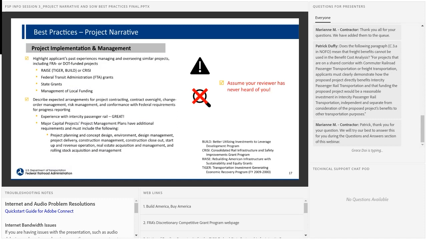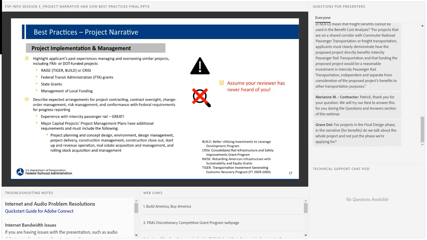Okay. Now regarding project implementation and management, this is where we'd like to see you highlight your past experiences managing and overseeing similar projects, including FRA or DOT funded projects. You can see some examples here below of relevant projects. And we'd like to see you describe expected arrangements for project contracting, contract oversight, change order management, risk management, and conformance with federal requirements for progress reporting.